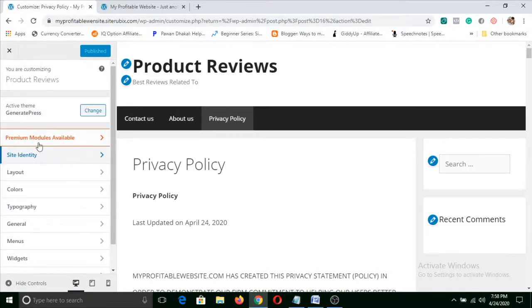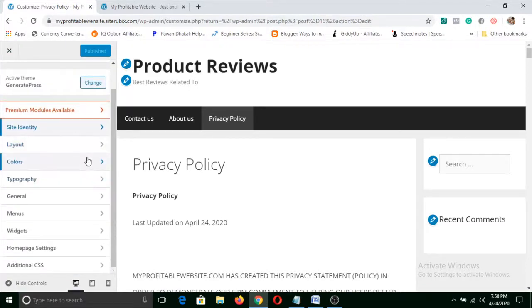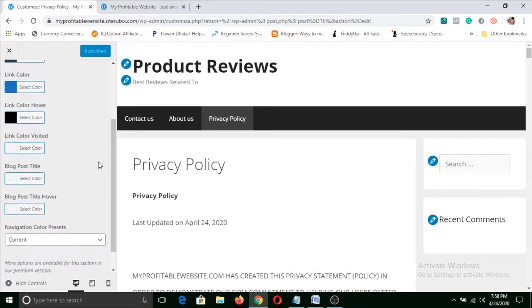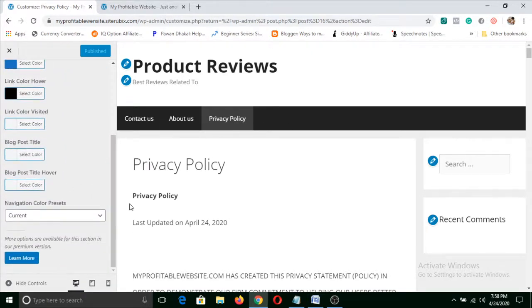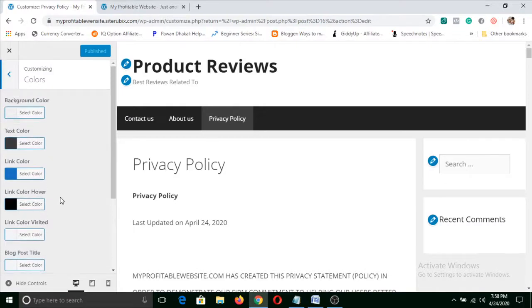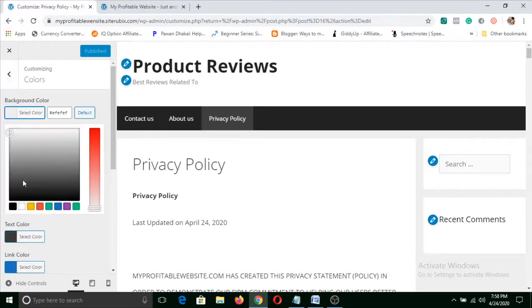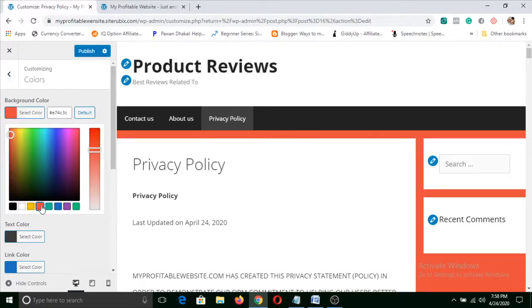And now you can change the color of the website by visiting here. Background color simply means these colors that you can see, the gray color here. If you made it red, then it will seem like this.